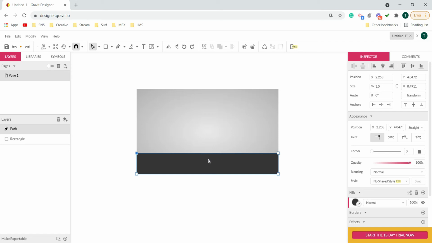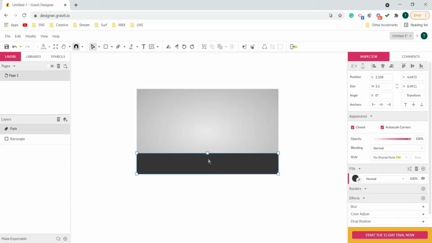All we need to do is come to the edge. We need to bring this cursor towards the edge and we can see a slight change in the cursor icon. So carefully I'll come towards any edge, let's say on this one, and I'll double click to insert a node. Double click and we have inserted a node.